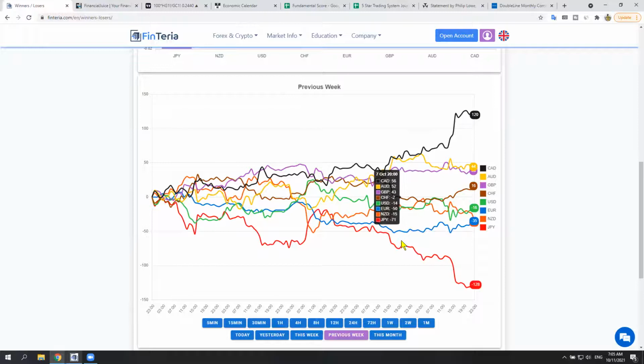So let's check how Euro-dollar performed in general. We saw that the Euro remains one of the weakest currencies. It was actually the weakest currency during the second half of the week mainly. But then we saw that the New Zealand dollar took the second weakest position. At the same time, the US dollar was actually very different during the week. There were periods when it was very strong.